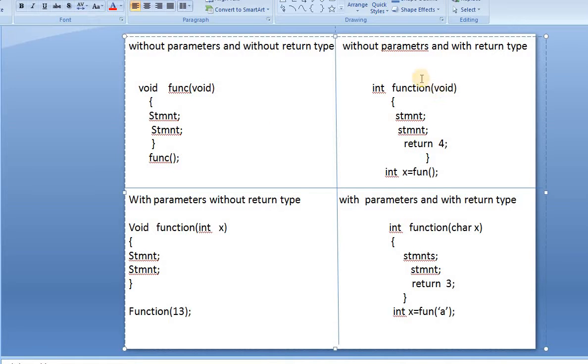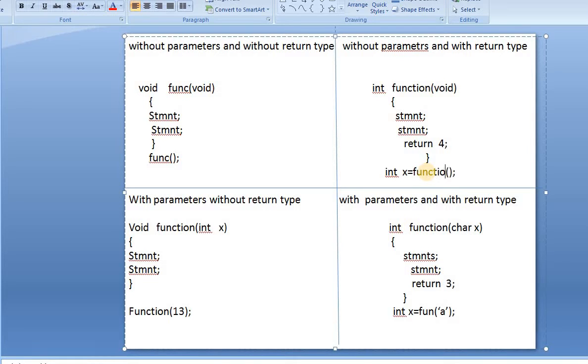Next, without parameters and with return type. See here, int function void, returning a value. When I call this function, as it has a return type, I am storing the whole function in a variable of type integer. Int x is equal to function.